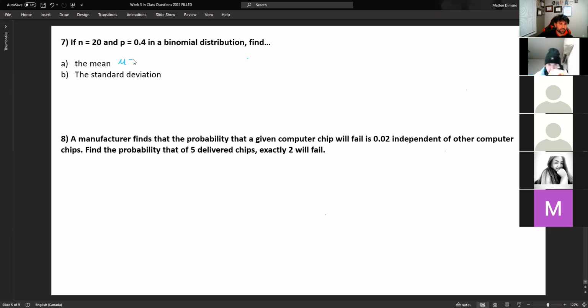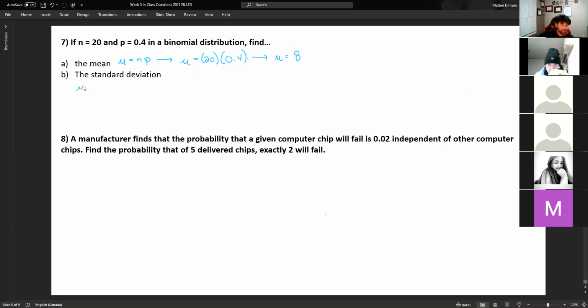So the formula for mean is mu equals n times p. And I don't have a lot of room, so when you have to stay on one line, it is okay to use this arrow to signify moving to the next line on the same line. It's not great, but when you don't have any room, that transgression can be forgiven. So n is 20 and p is 0.4. So when you type that in on your calculator, you'll get 8. So that's the mean. It's just that simple.